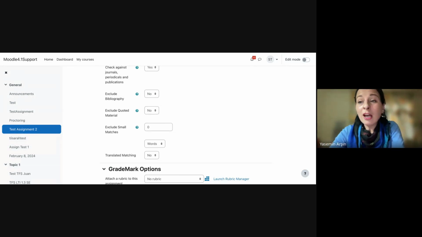Filters. On Turnitin, a similarity report is generated for each of the student papers. We don't call it a plagiarism report because it shows the similarity to the database. So you have to understand if there is plagiarism or not, depending on the filters. And also you have to check the red flags on the similarity report. So not only similarity score will be giving you some info about the student paper.